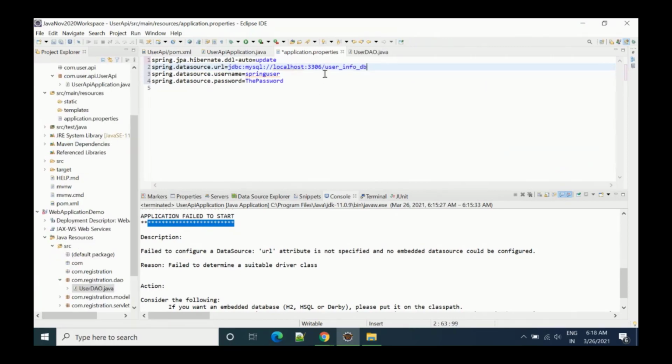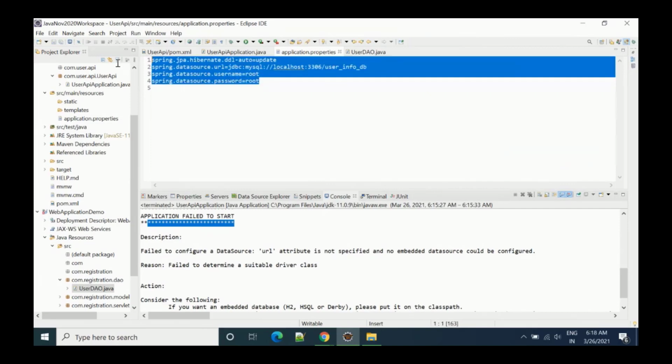We need to connect with the user info database, then the username is root, and the password is also root for the MySQL database. And once you have done this, it is enough.